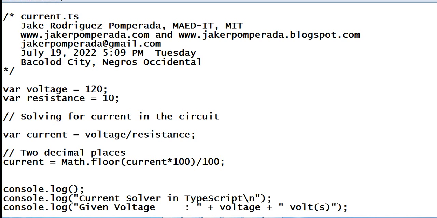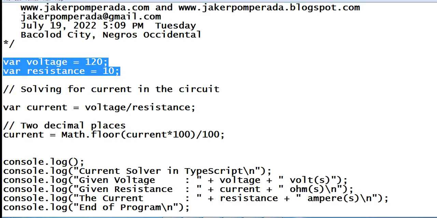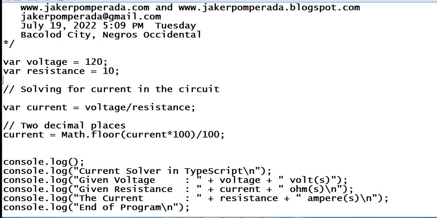So we have here the code. We have a series of comments here, and then I declare two variables: var voltage 120, var resistance 10. For solving for the current of the circuit, we are using this formula: var current assignment statement equals voltage